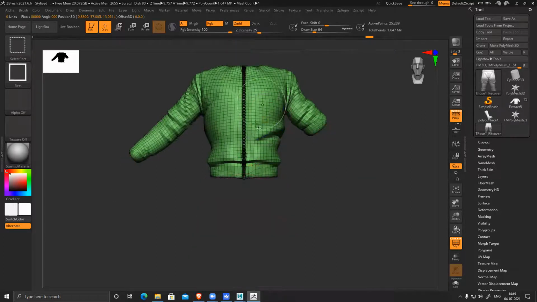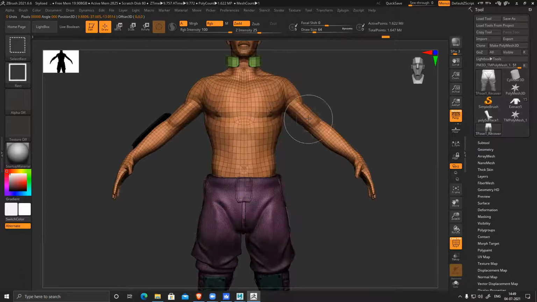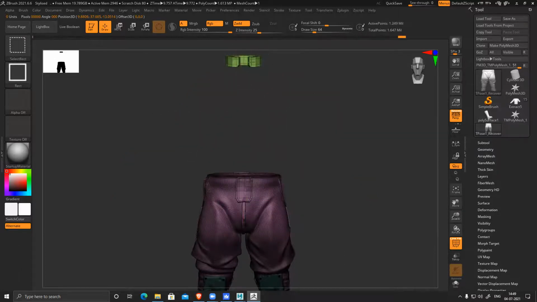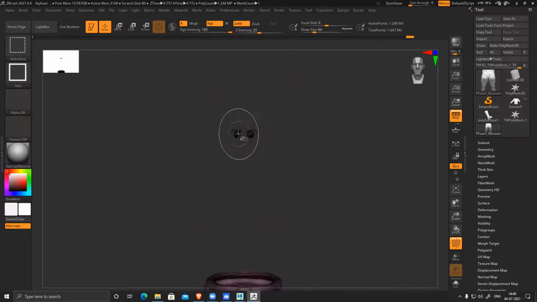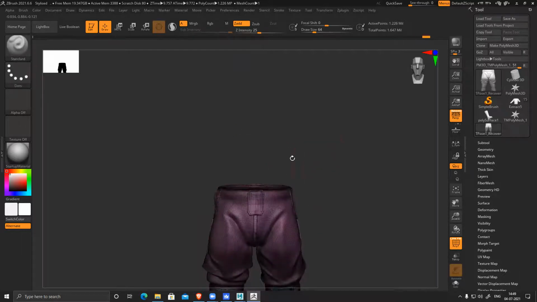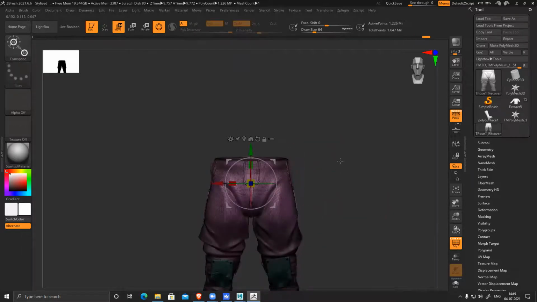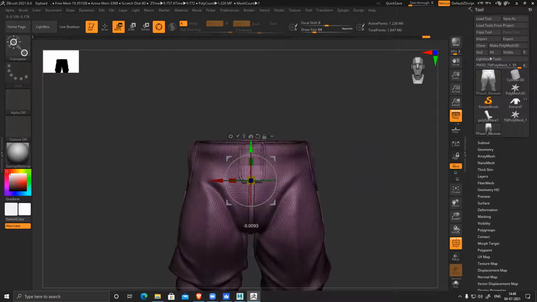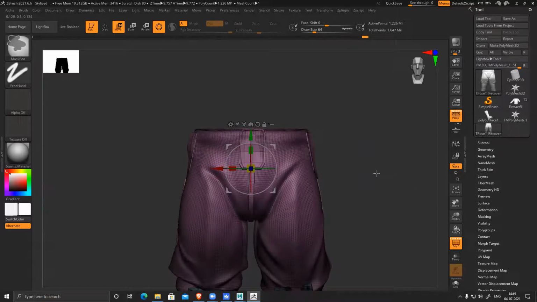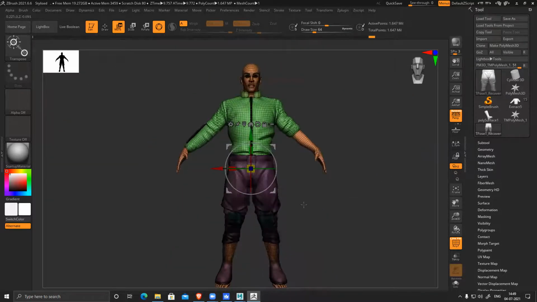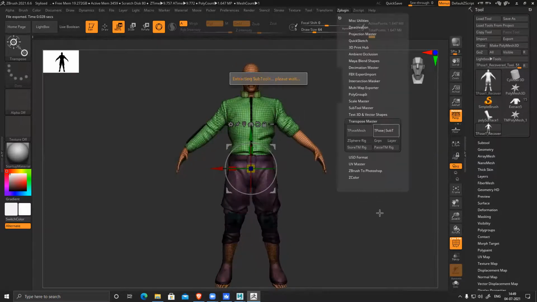For that, hide this one, hide, hide, hide. Move it, unhide. And like this you can modify this and then go back again.